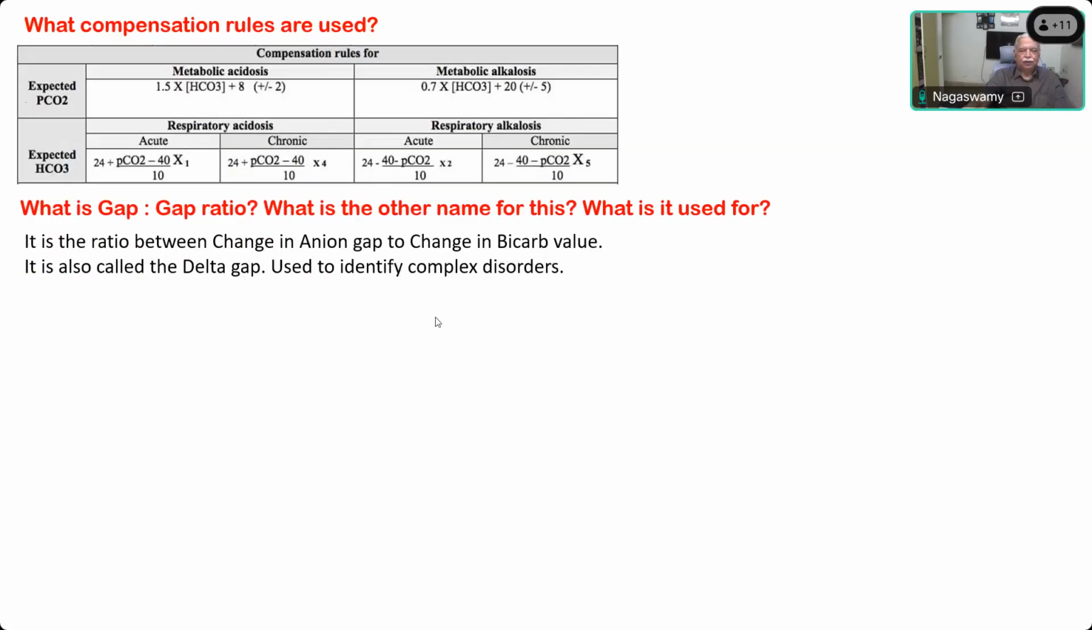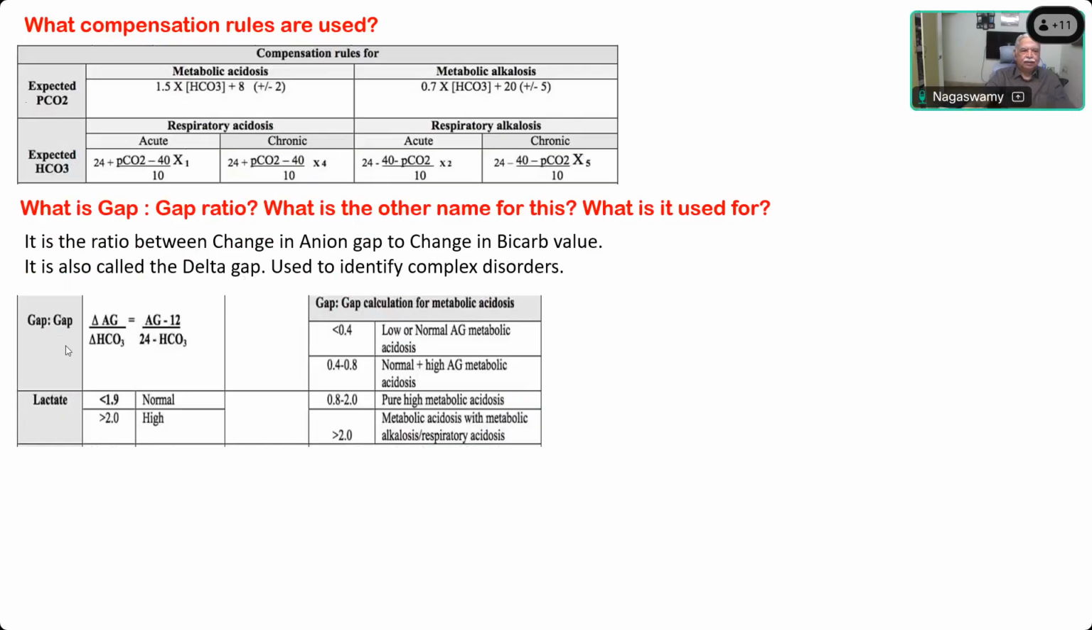There's another question to show what is a simple disorder and a complex or combined disorder. Okay, so gap ratio is the change in the anion gap to the change in bicarbonate value. Normal anion gap: the measured anion gap minus 12. This is the normal value of anion gap, 12. So whatever anion gap you measure with the electrolytes, you subtract the normal value. Similarly, you take the normal bicarb value and subtract the measured bicarb value,